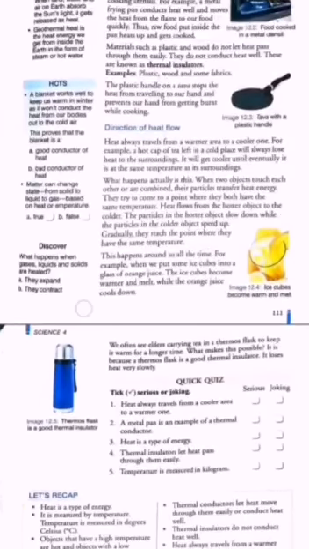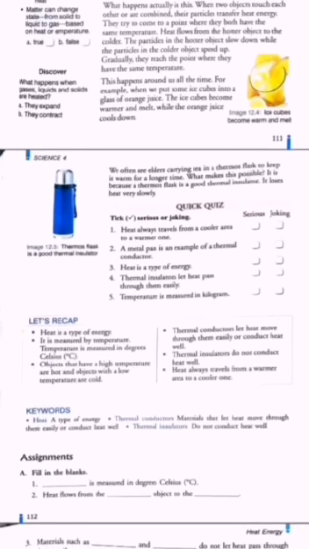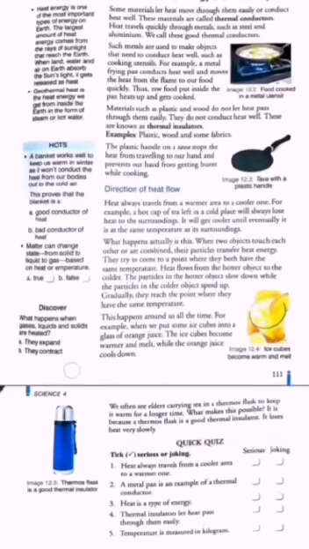So I told you we will read HOTS. This was the chapter's explanation, and now we will discuss HOTS. A blanket works well to keep us warm in winter, as it won't conduct the heat from our body out to the cold air. So this proves that the blanket is a good conductor of heat, or is it a bad conductor of heat? Which answer is correct? I hope you know very well that the answer will be bad conductor of heat. It will not let the heat escape or go out.